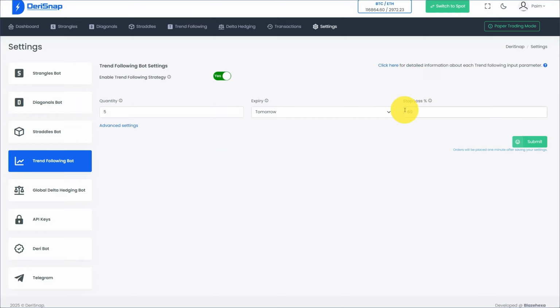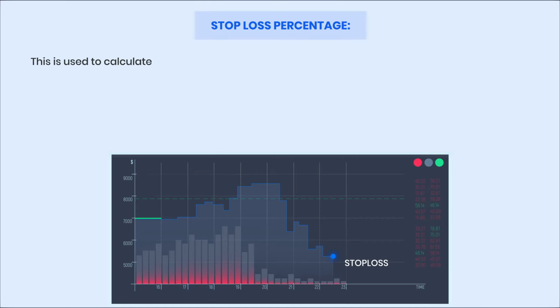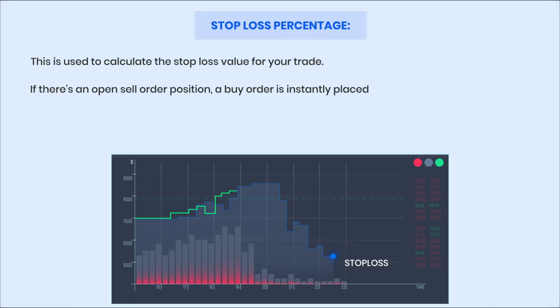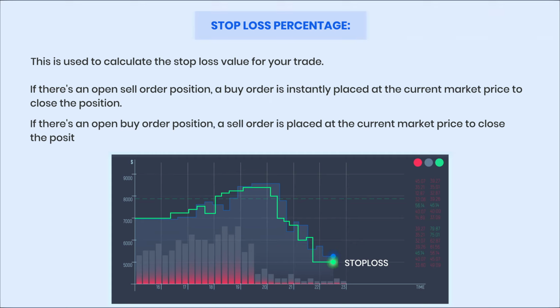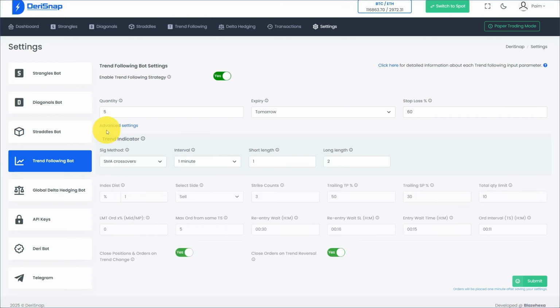Stop loss percentage. This is used to calculate the stop loss value for your trade. If there's an open sell order position, a buy order is instantly placed at the current market price to close the position. If there's an open buy order position, a sell order is placed at the current market price to close the position. Then in advanced settings, you need to select the trend following indicator you wish to trade for